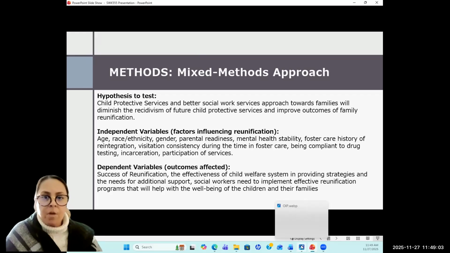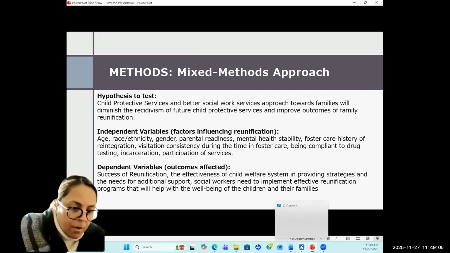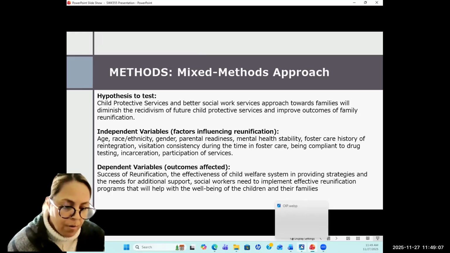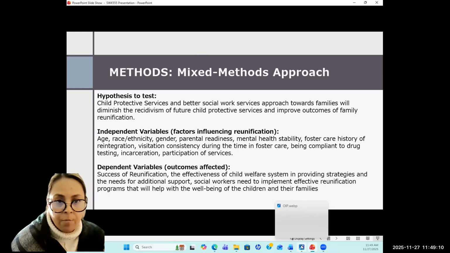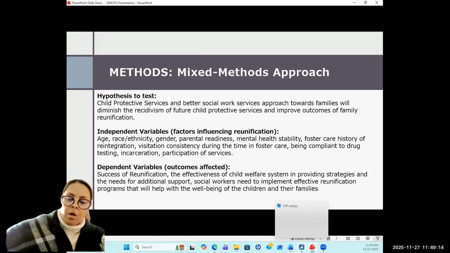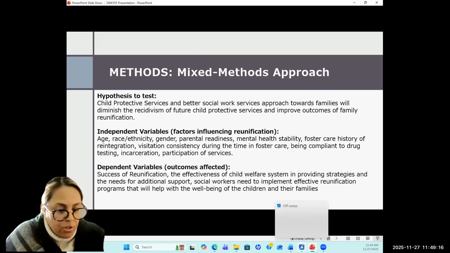The mixed methods approach. For this research, in order to be beneficial, it would have to be a mixed method research that has a combination of qualitative and quantitative approach.